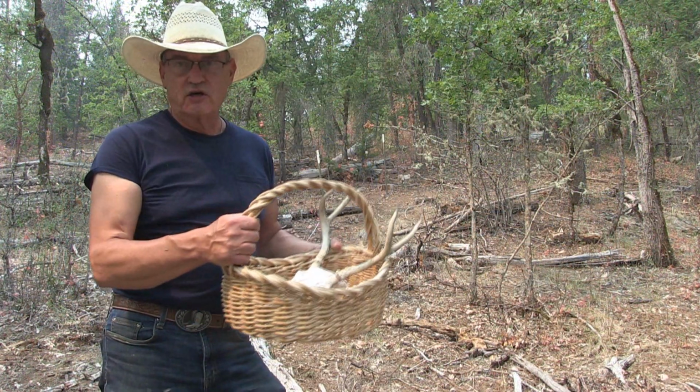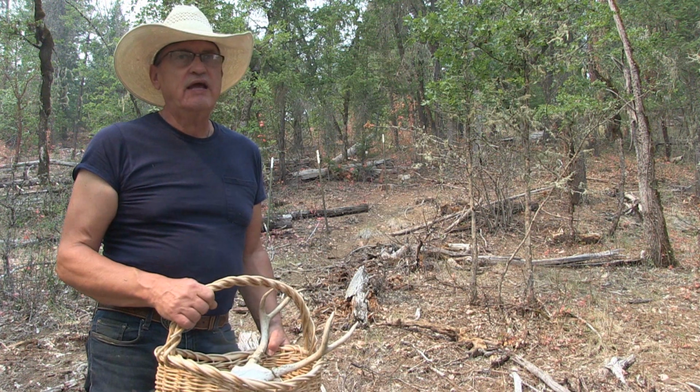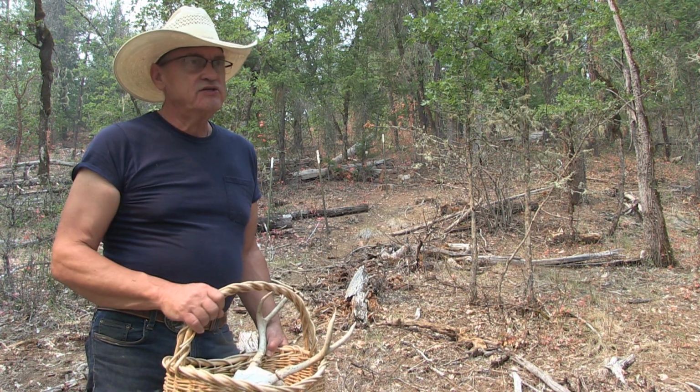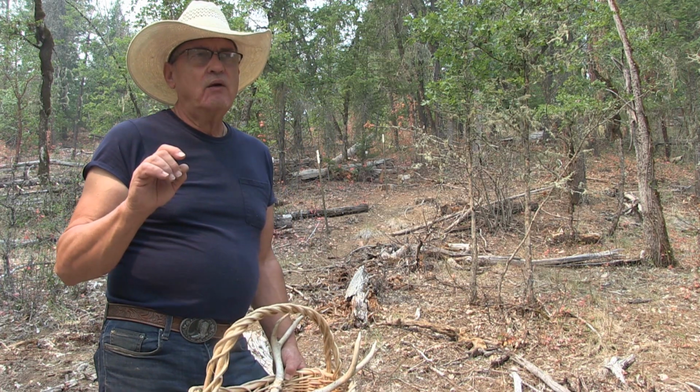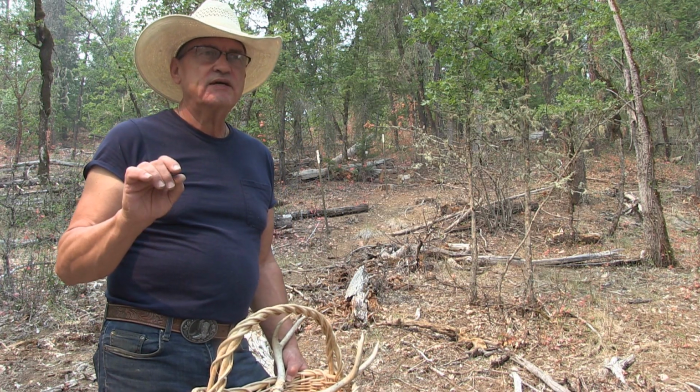And let me explain why I am in search of skulls. I found one skull up on my mountain, and we have several deer herds that wander through here. And why I'm particularly looking for these is because